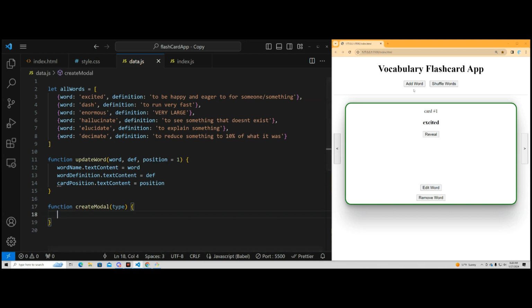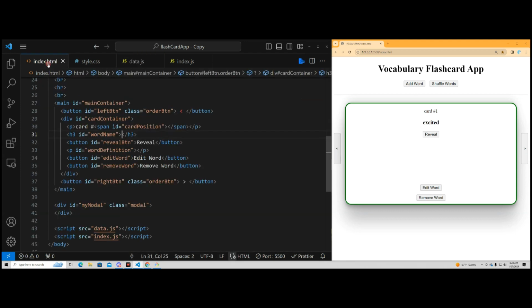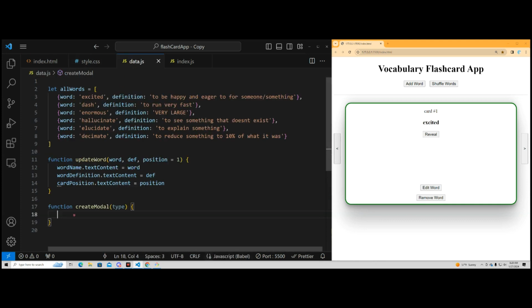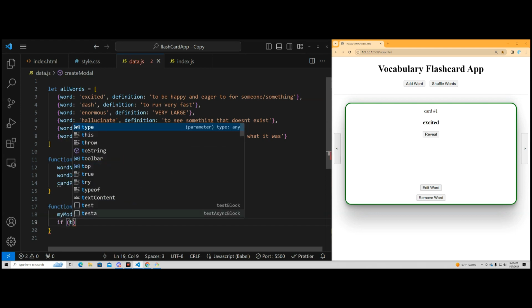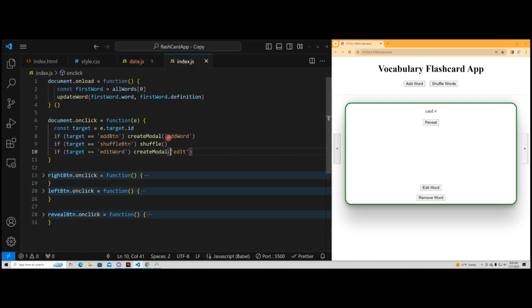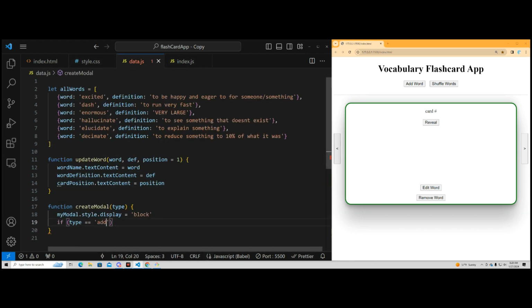Now, when they click either one of these, I want to change the display of my modal to not be display none. Okay, so I can say my modal.style.display is equal to block. And then here I can do an if statement. So I can do, hey, if type is equal to what? Let's say we go back to index.js, add word. So if type is add word,